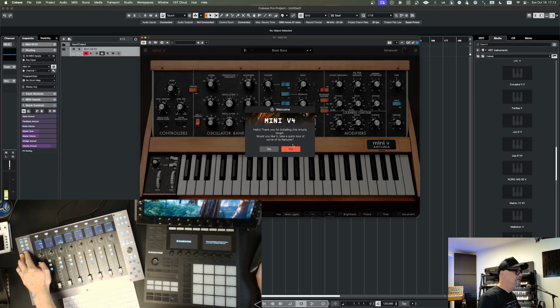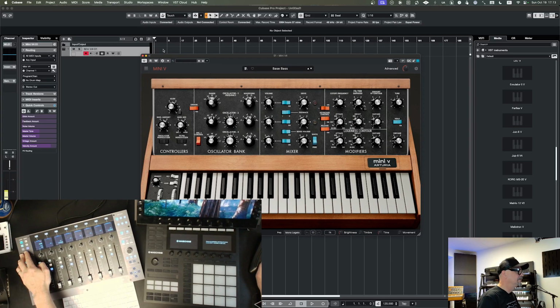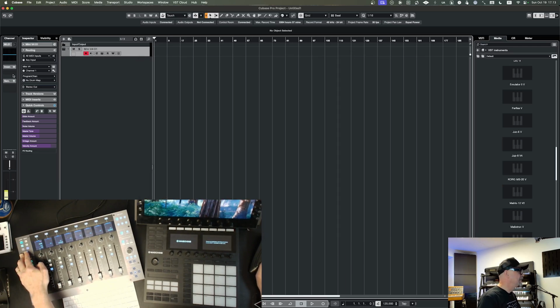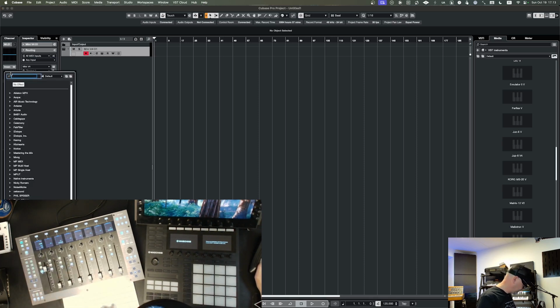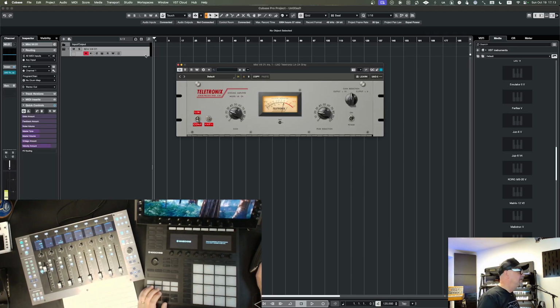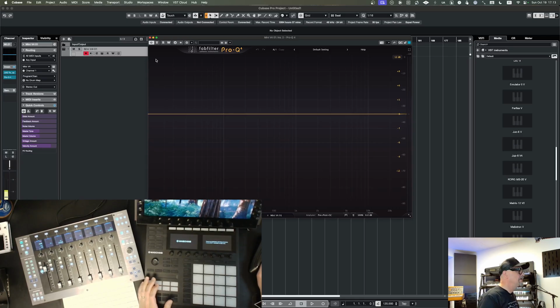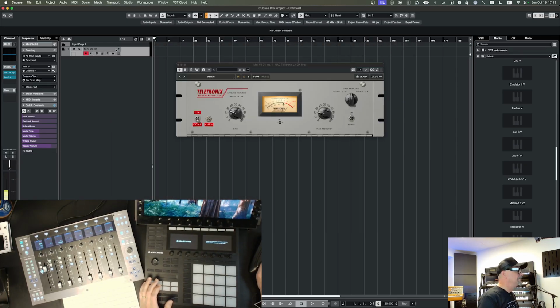So now I have the Arturia Mini, which is basically the Moog software version, and then I would like to, of course, bring different types of inserts, like maybe LA-2A, and maybe a Pro-Q 4, for example. So now I have two inserts there, and how to program that in